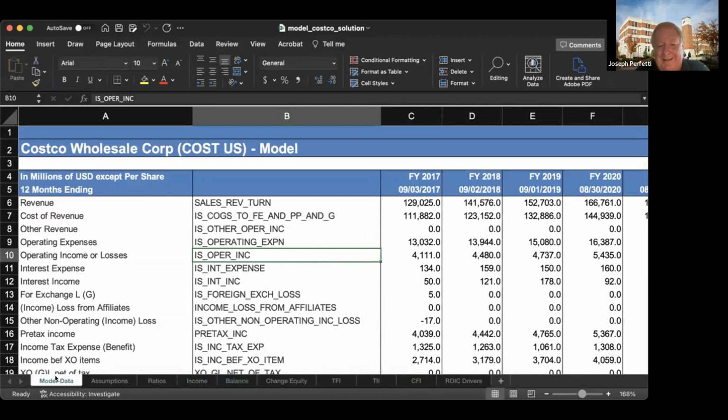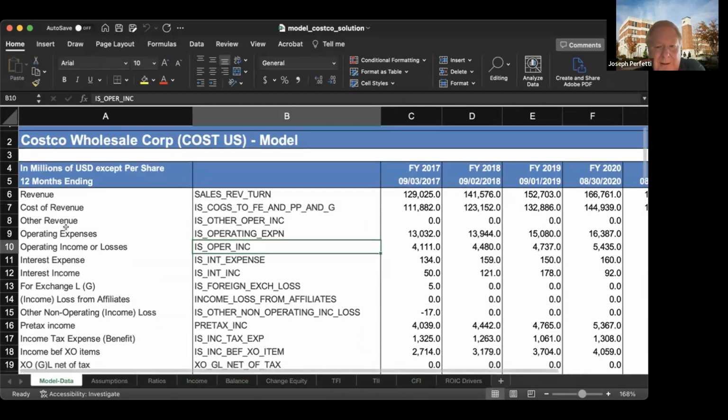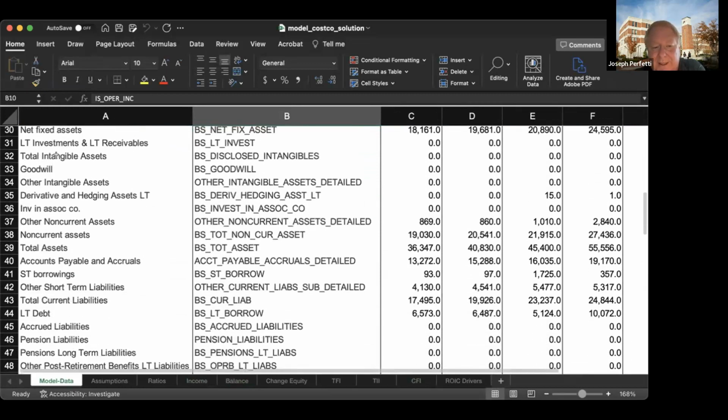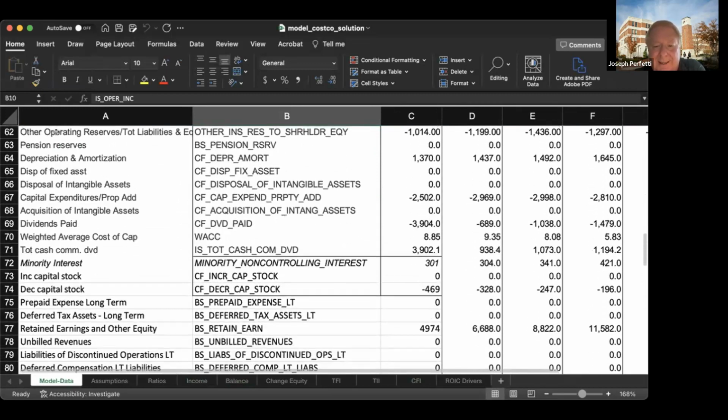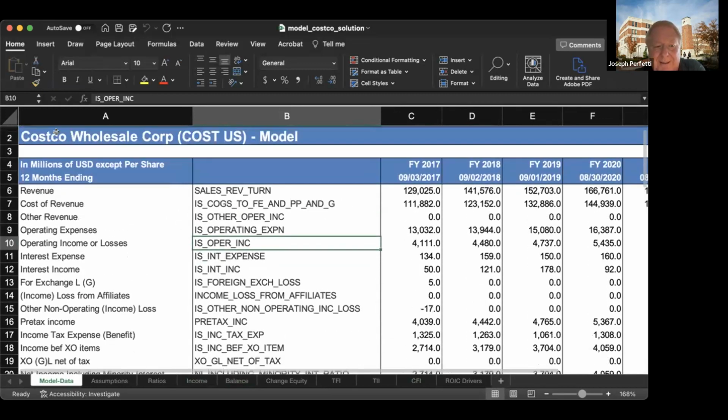So what I do, because I use Bloomberg and have access to it, and especially the other classes as a data source, is I download sort of a raw data feed from Bloomberg for any company, in this case, Costco. And it just comes in kind of row by row here of historical data. Okay, not necessarily tied to a statement, but it's all the things to make a statement. From this raw data,